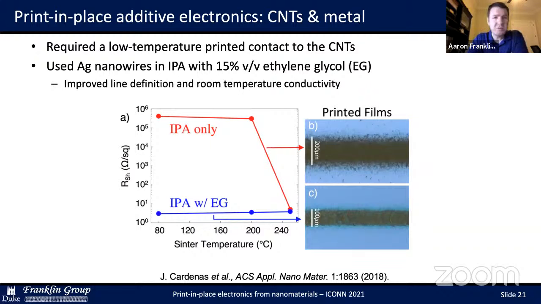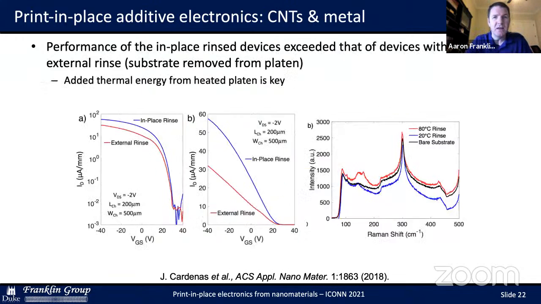A lot of that was because of the development of appropriate ink additives. For instance, the nanowires printed in much better refined lines in terms of controlled line width with the addition of ethylene glycol, which also aided in the sheet resistance being reasonably low, even at low temperatures. And when we say low temperature, we're talking about the temperature of the printer platen itself, not any post-processing temperature exposure that's needed.